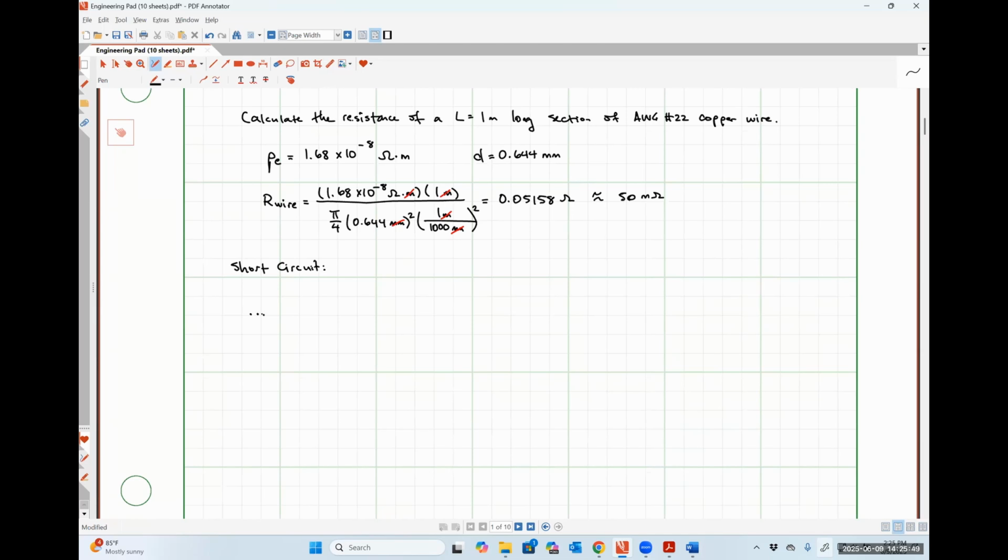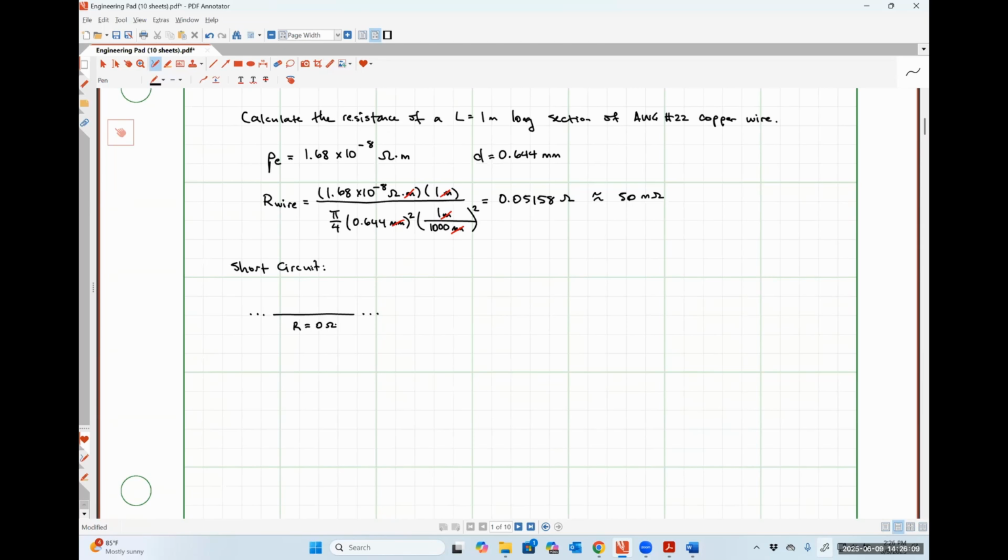I'm doing some ellipses here to represent that this is part of some larger circuit. We've got our straight section of wire like so, and it is characterized by a resistance that is effectively 0